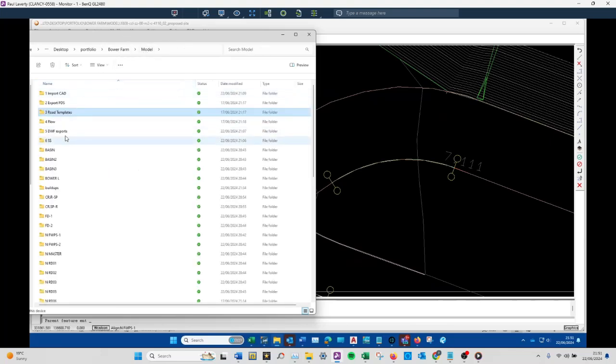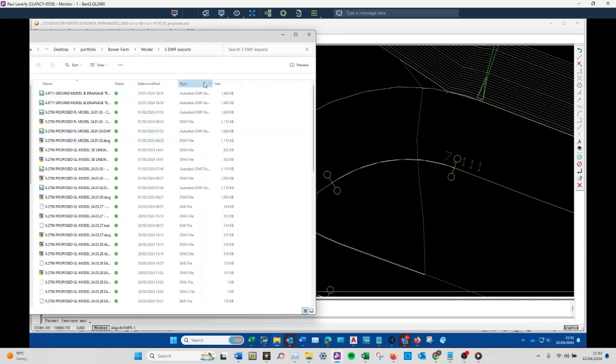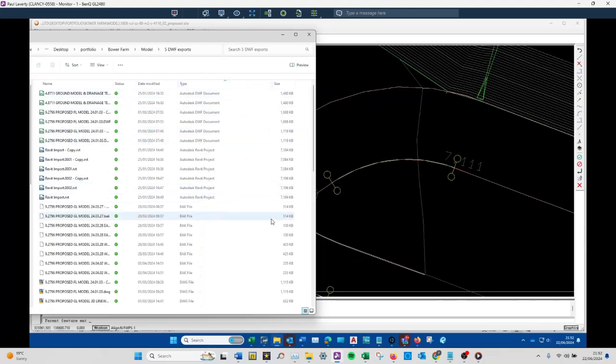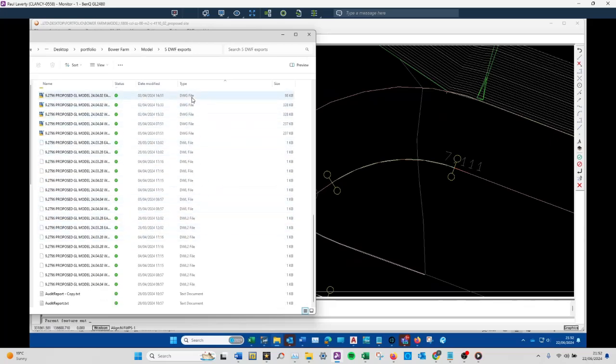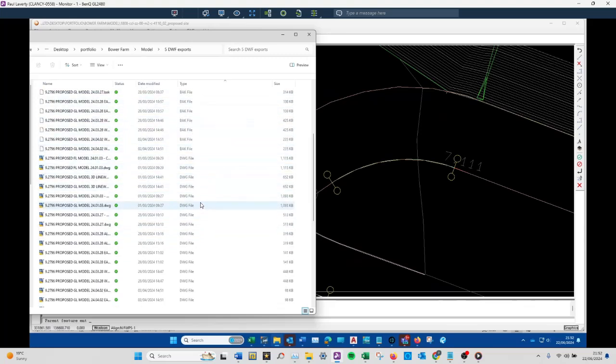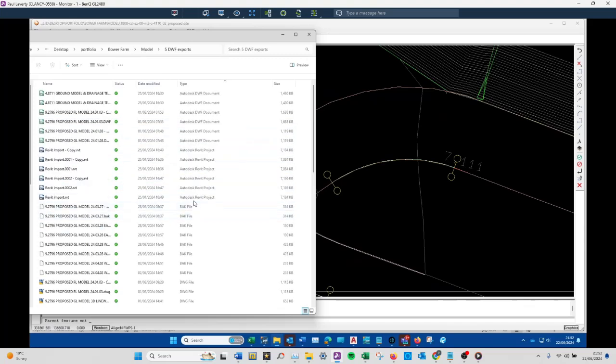Second lastly, we have this one. This is your model export file. So when you do a BIM level 2 compliant project, or sometimes if you're not, you'll get asked by the architect or structural engineer for the ground model to drop their building into it. So to export it out, you may have to export it out several times. Well, you just export it out and you drop it into here, because then it's easier to find it, because you then just say, right, latest export files, this folder,